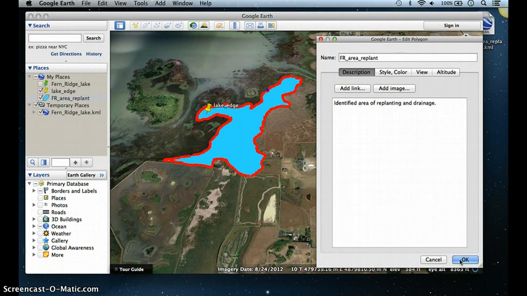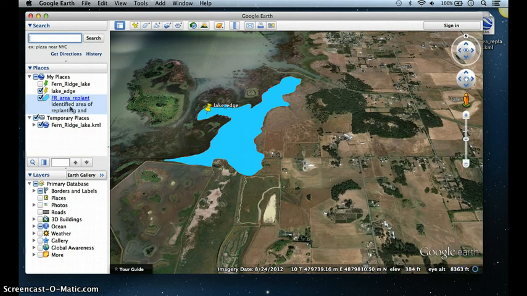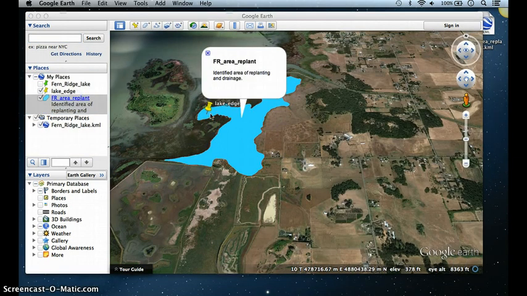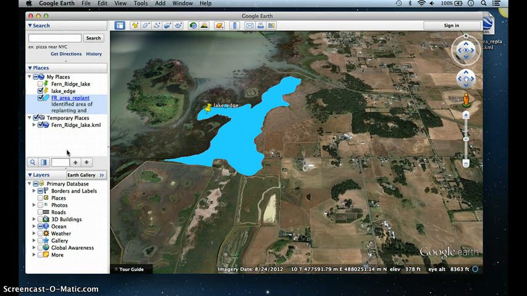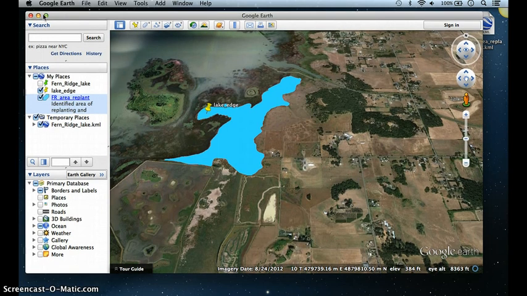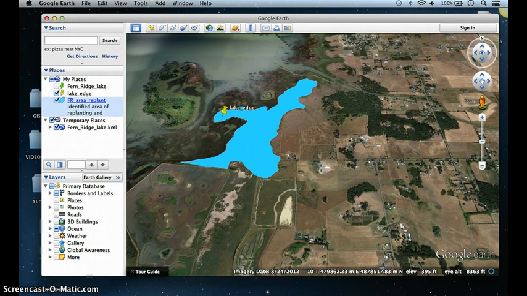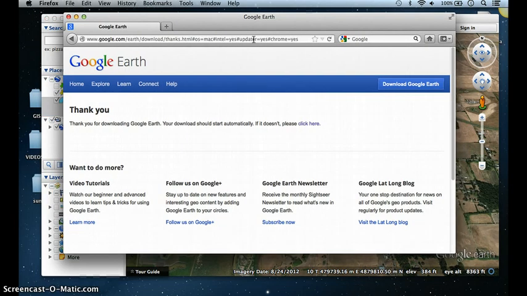So I can fill that out, and then that information is identified with my polygon. Okay, so the last thing I want you to see is a website that